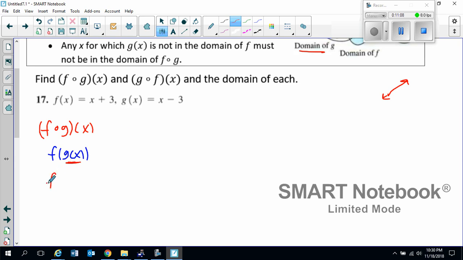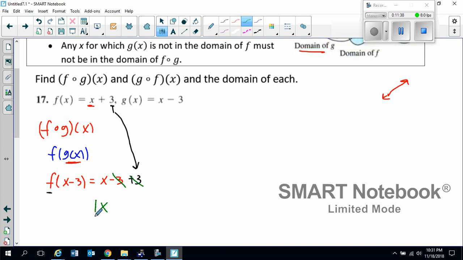So we're going to have f of x minus 3. I'm going to take that x minus 3 and plug it in right here. So that's going to be x minus 3, and I want to color code this. Then I still have that plus 3 on the back. That's where that's coming from. That was part of the function. So I replaced the x with the x minus 3, but don't forget part of the f function was that plus 3 right there. Now what happens here is these just cancel each other out,